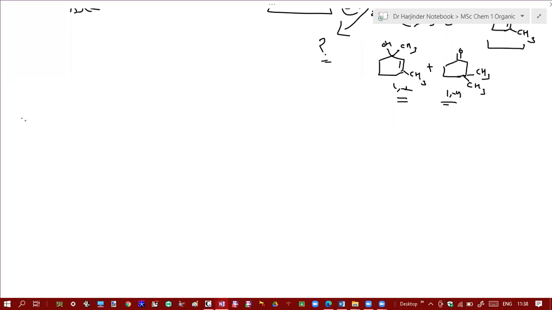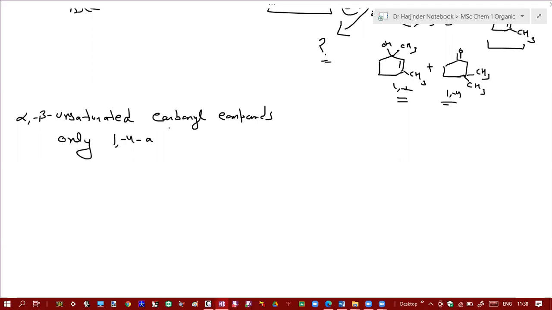So in case of alpha beta unsaturated carbonyl compounds, they undergo only 1,4 addition reactions. For example, if you have